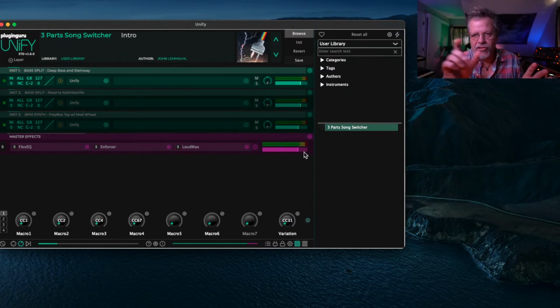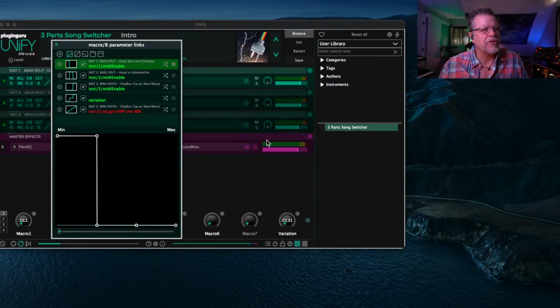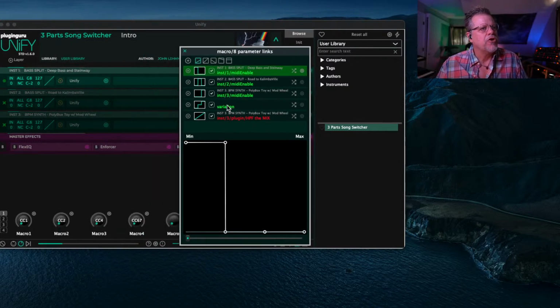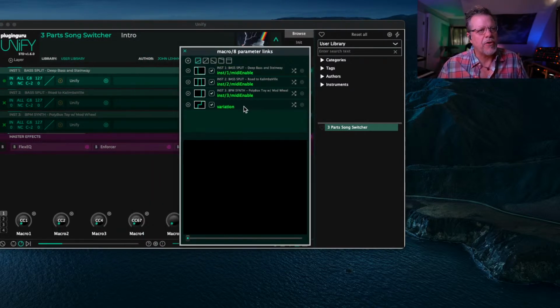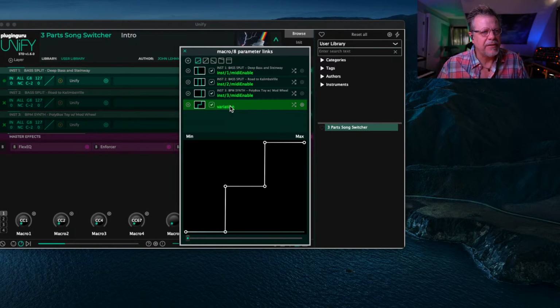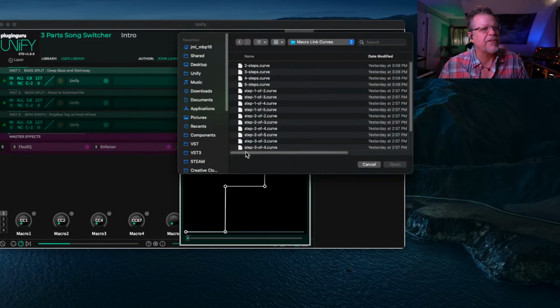You could name each layer whatever you needed it to be for your song. You go to the link parameters, you have the variation file, and then you have this curve setup. And this is what Shane made that's part of this .guru file, that when you drag it over Unify, it installs. If you right click here and say load curve preset, we have this folder with all of these presets